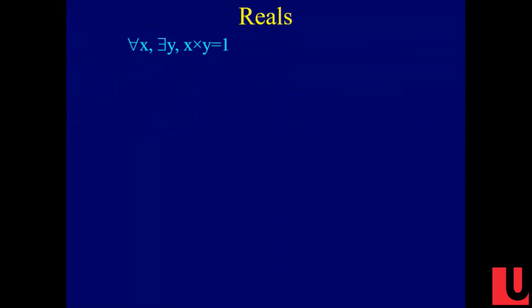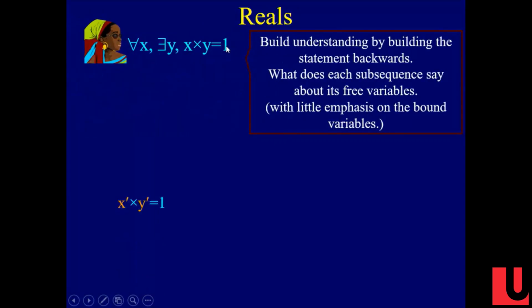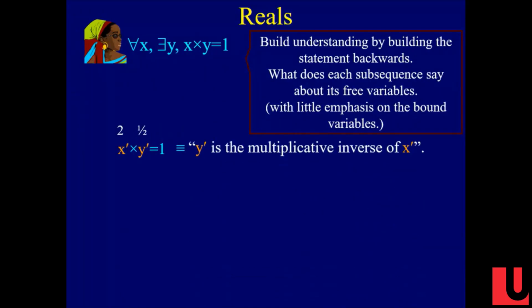Here we're doing another one. You can think about what this means. In fact, it's very similar to our last one. So again, we build up our understanding. What does this mean? This means that they're multiplicative inverses. We're doing the same thing except multiplying. This says